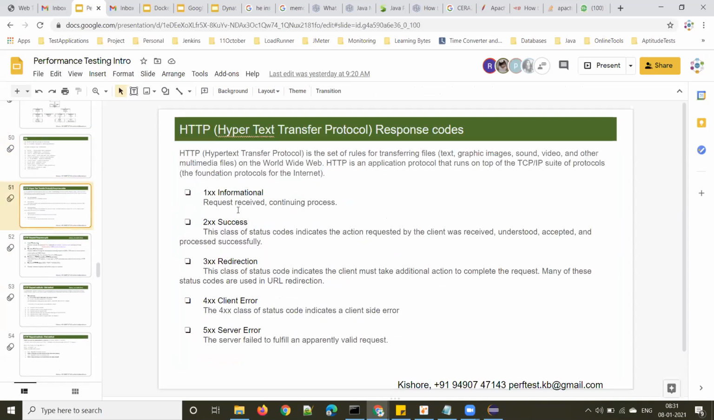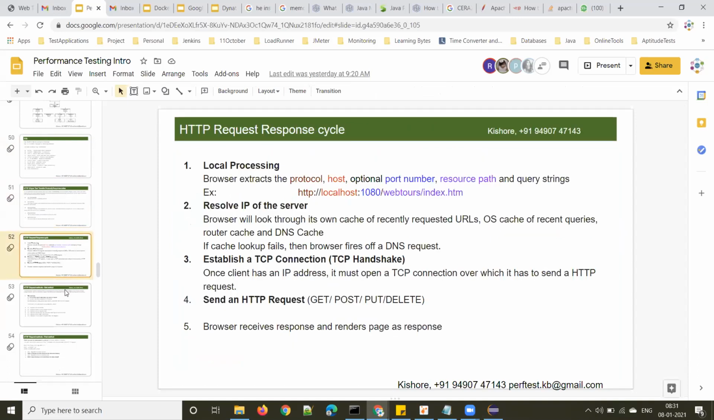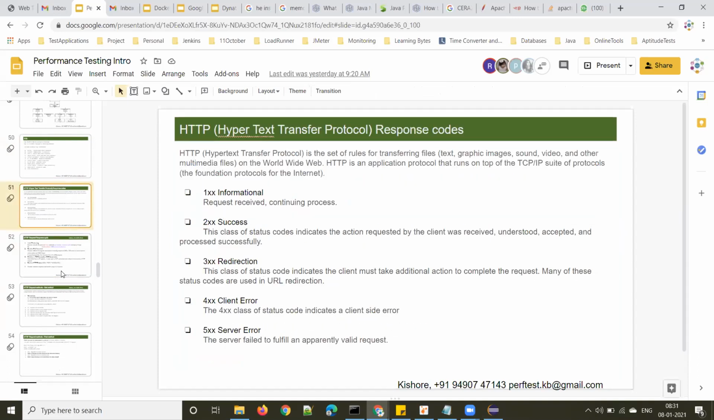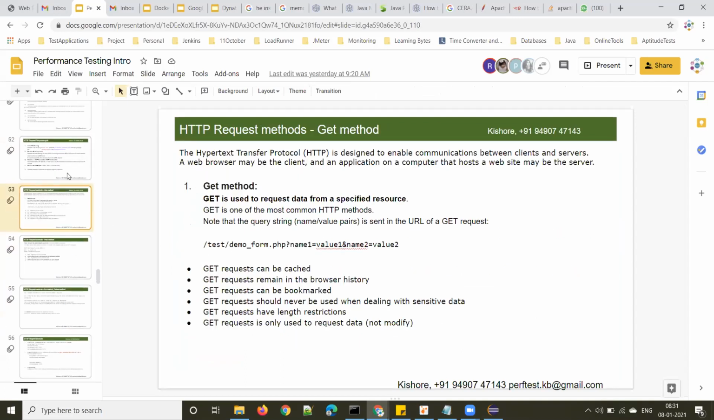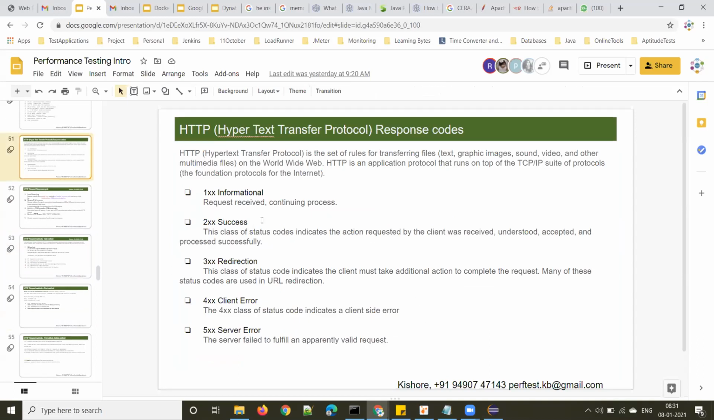Let's discuss the HTTP response codes, and then we can start scripting. From tomorrow we can start scripting. Let me finish the GET request and POST request, which we will also discuss today. When we send a request to the server from the browser,